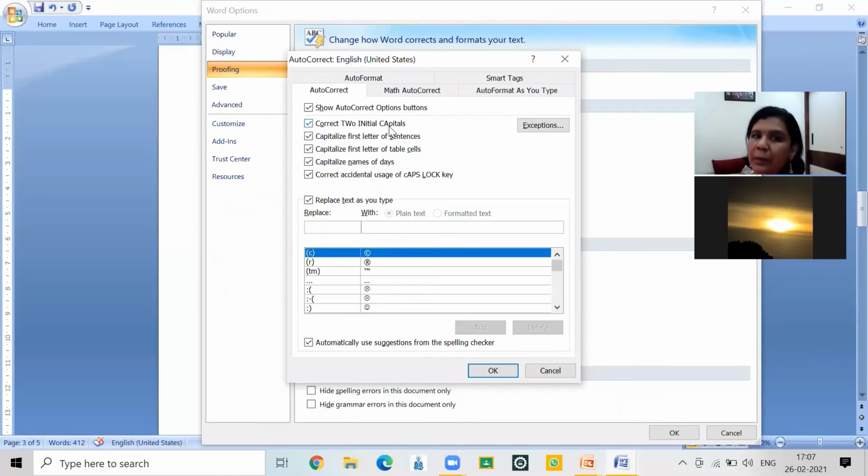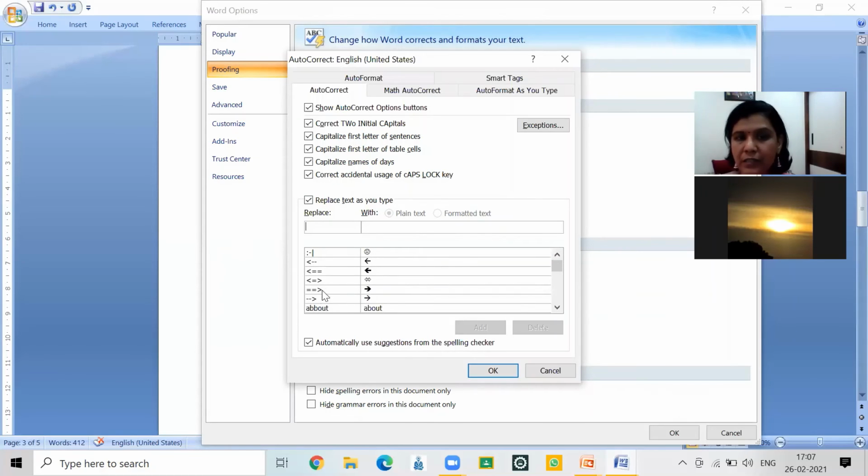Sometimes we get two capital letters by accidental use of caps lock. We find the first two alphabets are in capital, so it will autocorrect it. Capitalize first letter of each sentence, first letter of table cells, capitalize names of days. Suppose there is accidental use of the caps lock key, we can correct it.